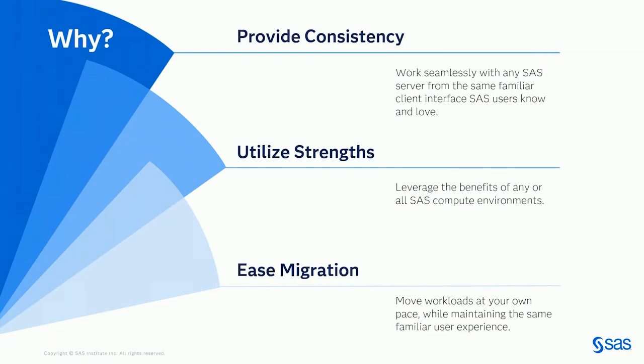Okay, so why does this matter to you? One, it provides consistency, a consistent user experience for your end users. A lot of folks have user bases that have been using Enterprise Guide for a really long time. They already are realizing the productivity benefits. Rather than forcing them to adopt new user interfaces, if they consider migrating to VIA 4, they can use the same interface and connect to V9, VIA 3.5, VIA 4, or Workbench and retain that consistent user experience.